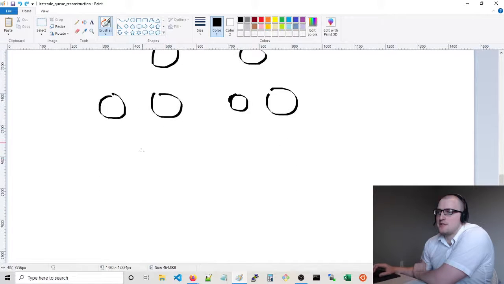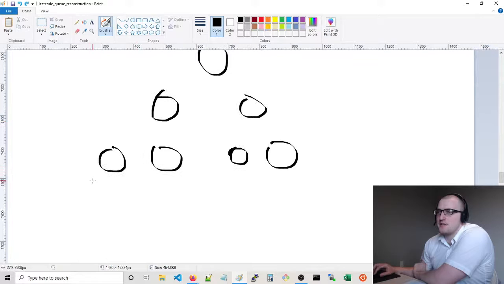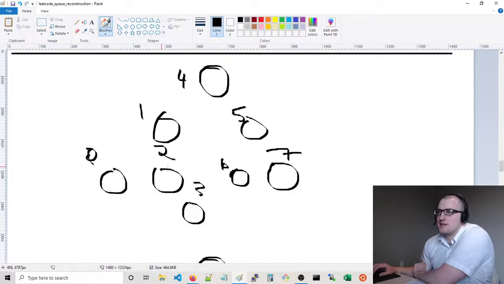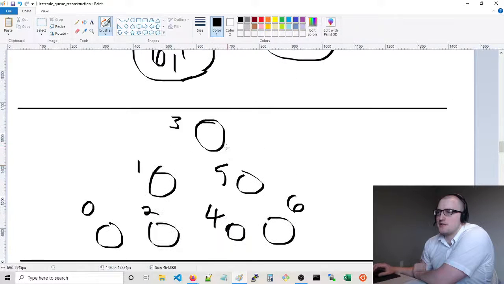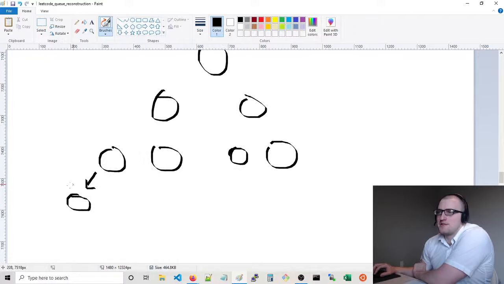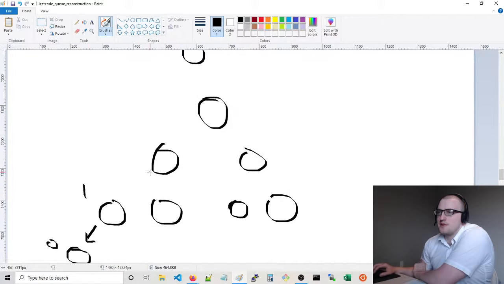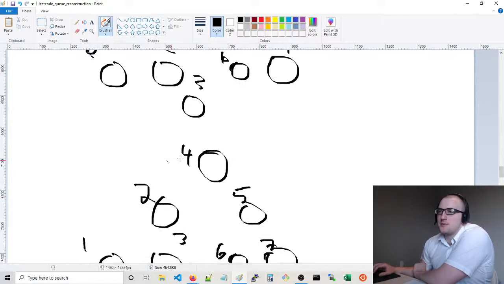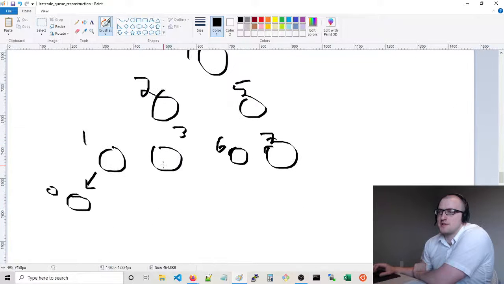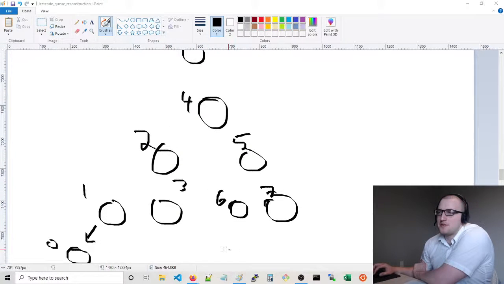I want to say what we should end up with is actually a node here, right? Yeah, I didn't draw the connections. And so then we would have 0, 1, 2, 3, 4, 5, 6, 7. If we do it this way, where every rebalance basically shifts to what's called a complete tree, where not only